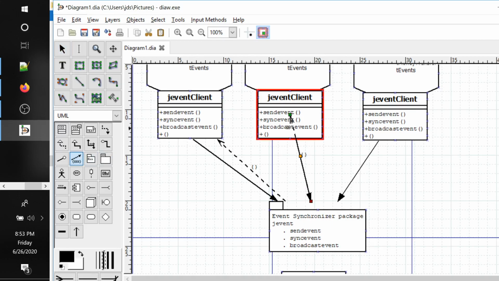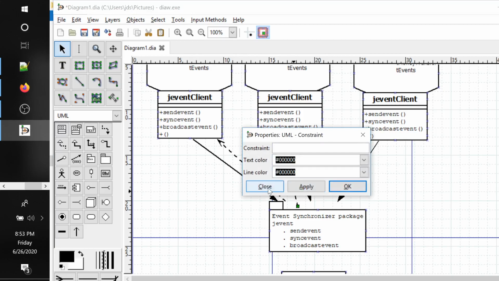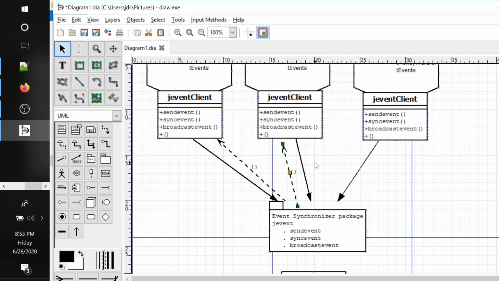So I'm using these tools myself for the first time. So it takes time to understand how things are working, right? So this is broadcast 1, 2, and 3.